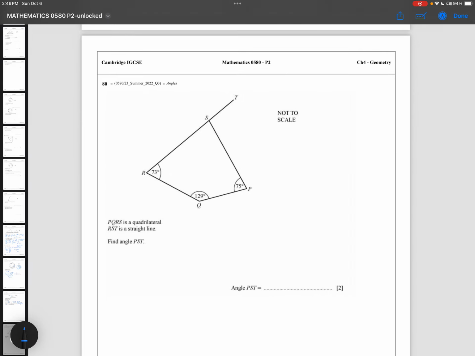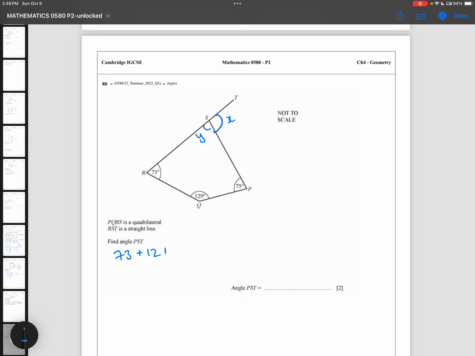In this question, we have been given PQRS, which is a quadrilateral, and RST is a straight line. We have to find angle PST. We have to find this angle. Okay, let's suppose this is X. In order to calculate X, first I need the fourth angle of the quadrilateral, that is this one angle. Let's suppose I name it Y now. The sum of interior angles of a quadrilateral is 360, so we will add these four values, which will be equal to 360. We will form the equation